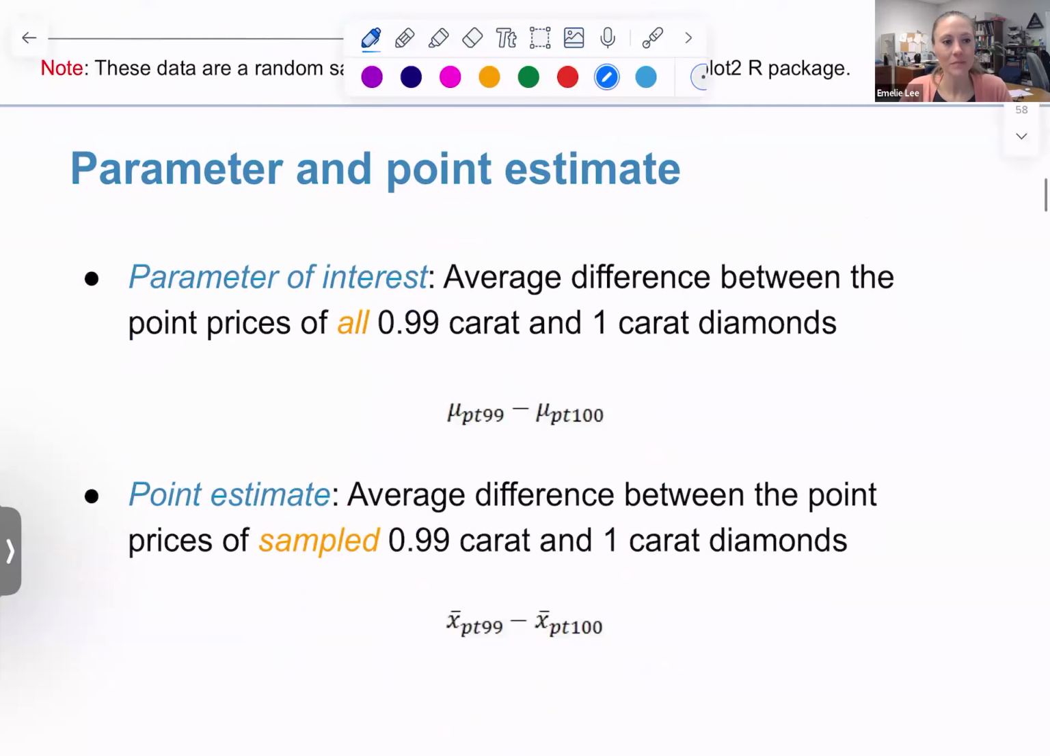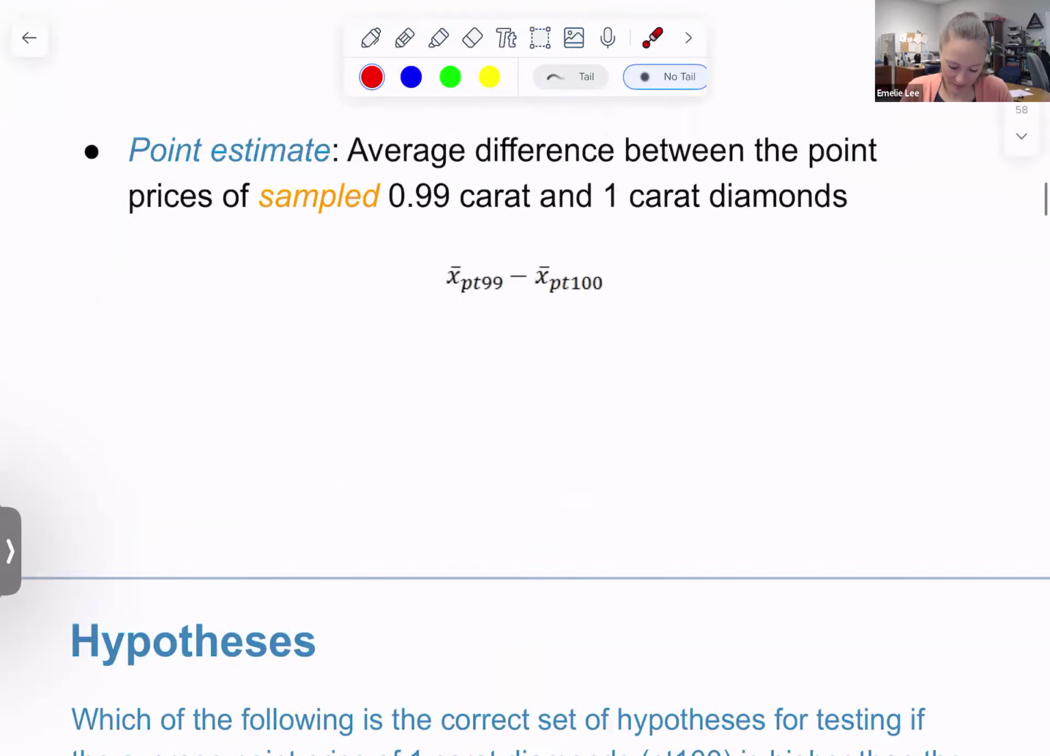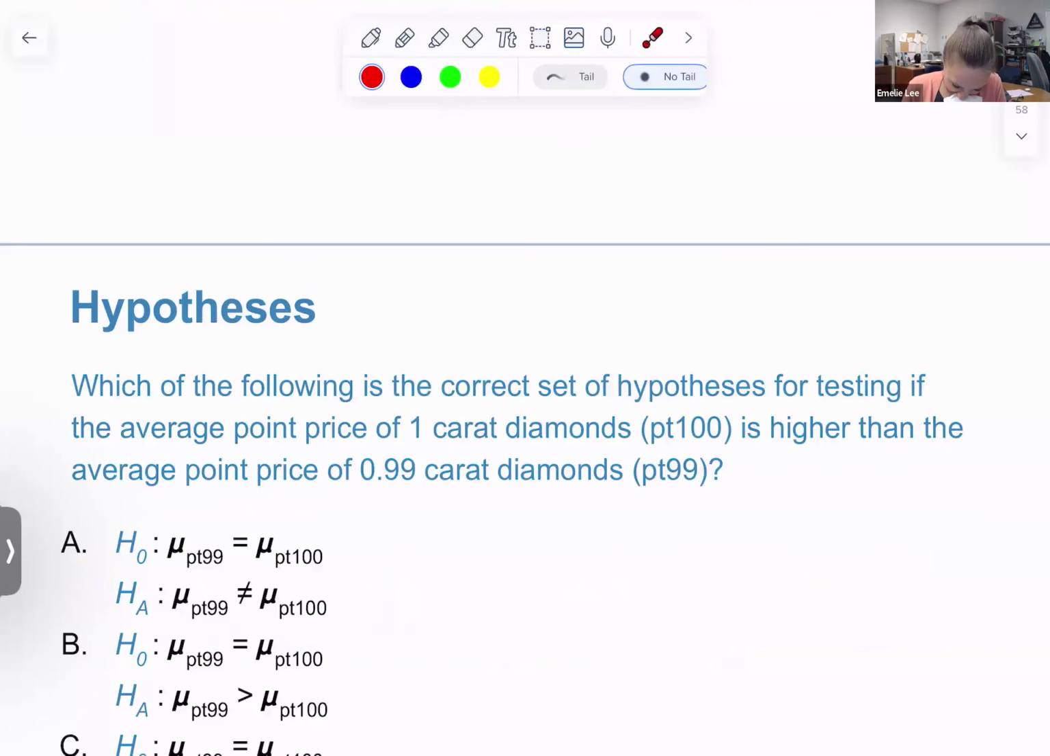Okay, so what we said was, we're going to be talking about the difference in the means. So the difference in these two means. The parameter that we're interested in is the average difference between the point prices of all 0.99 carat diamonds and 1 carat diamonds, right? And so this is what we're really interested in. But what we have, our best guess, our point estimate, is the sample mean of the 0.99 carat diamonds and the sample mean of the 100 point diamonds. Okay. And so our hypotheses